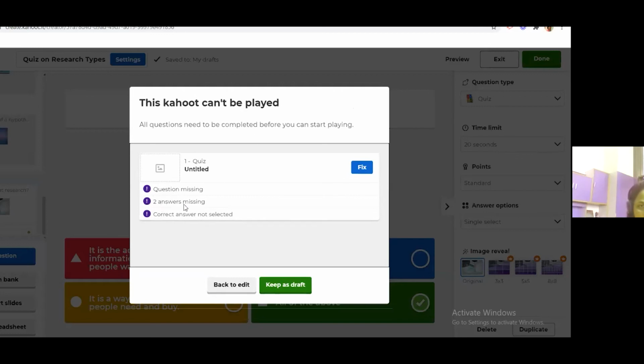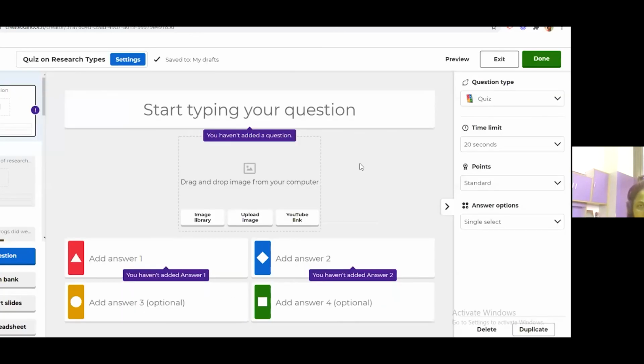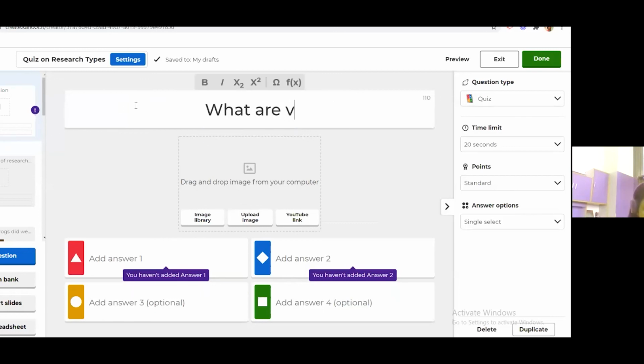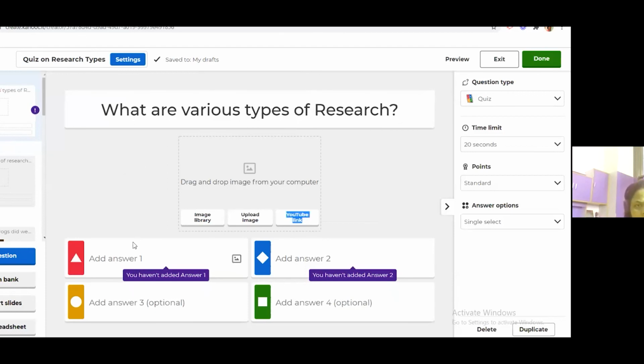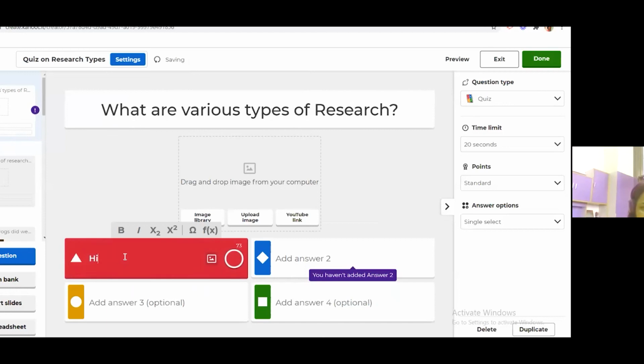One question missing, two answers missing, correct answer not selected. So I will go back to edit and fix these questions. The first was not added. Just see, it can be used as a method of adding questions one by one.